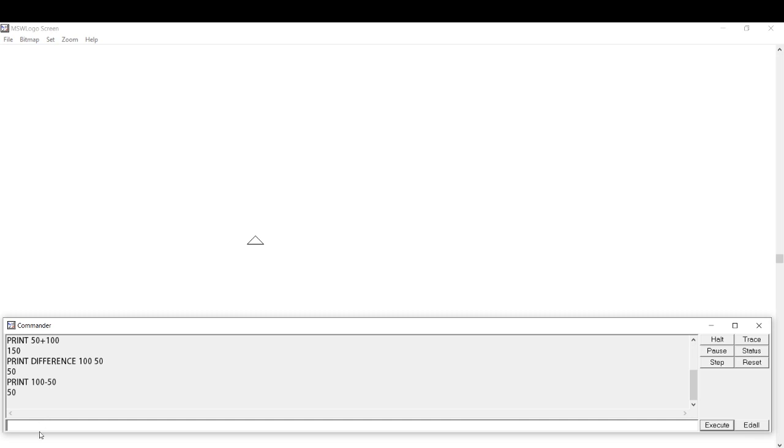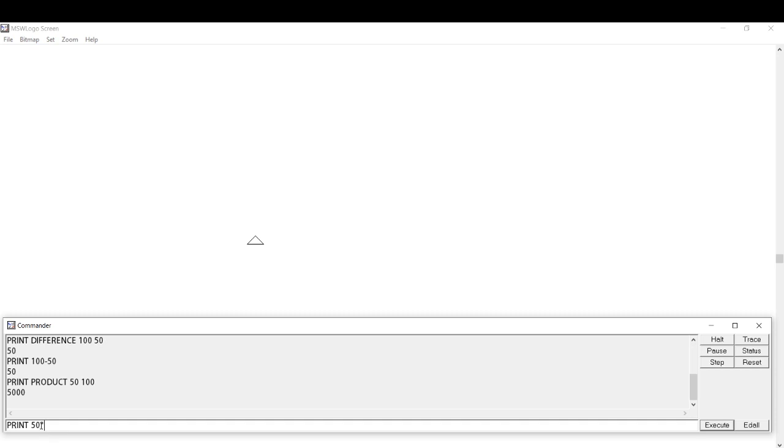Similarly, if you want to find the multiplication of numbers, then we have to use the product function. Product means multiplication. Suppose 50 into 100 is equal to, you can see that it's 5000. Or instead of that, after the print command you can use the number, say 50, and for multiplication you need to use the asterisk sign.